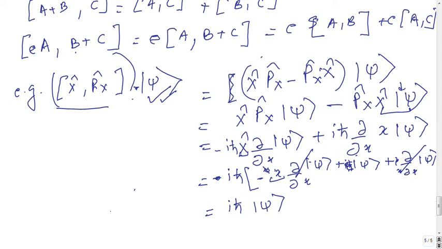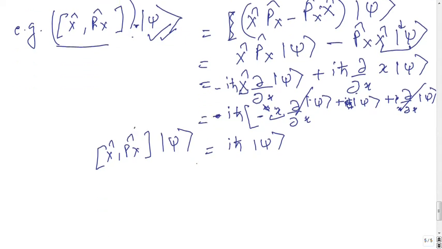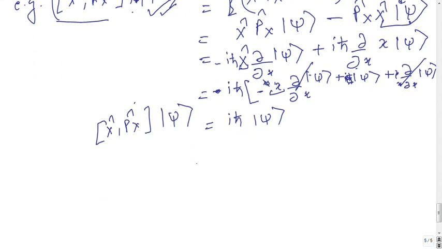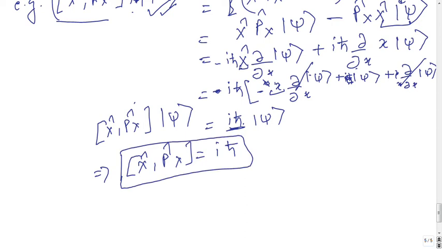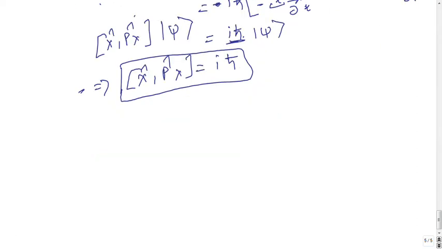So note this operates on the state vector xi, any state, which here acts as a dummy state, and gives me iota h bar as a coefficient. Okay, so it means that this commutator is iota h bar. So this is an important example of commutation, and it is true for all the three coordinates, that is y hat py, iota h bar,